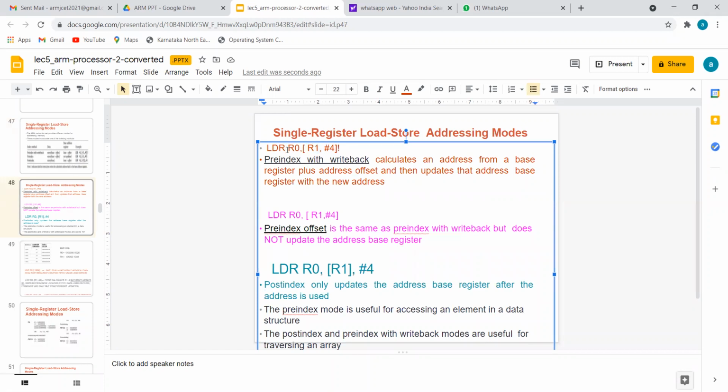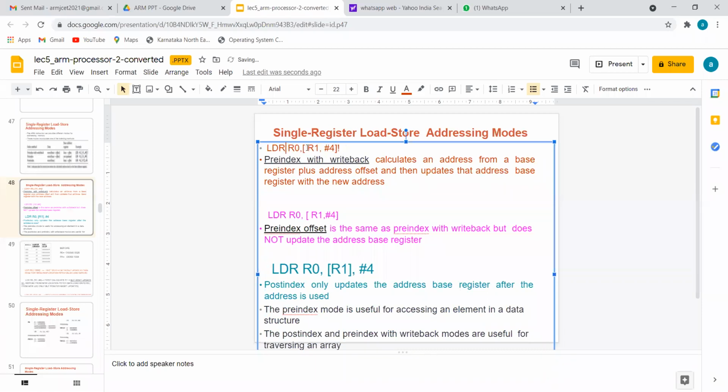Now the question: if I have B, take it from only one location. If I have H, take it from two continuous locations. That time, R1 plus 4 is the first location and R1 plus 4 plus 1, which is R1 plus 5, is the second.